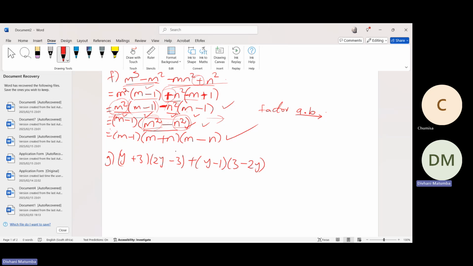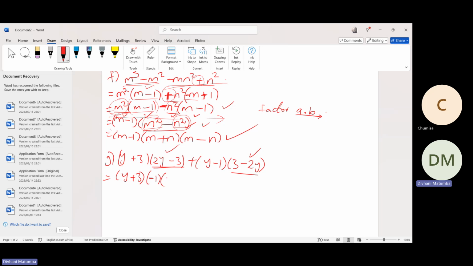Do you see something that if we restructure, we can find something common? Already, here we can pick up something common if we restructure. Okay, plus 3. So if I try to restructure and take out a minus 1